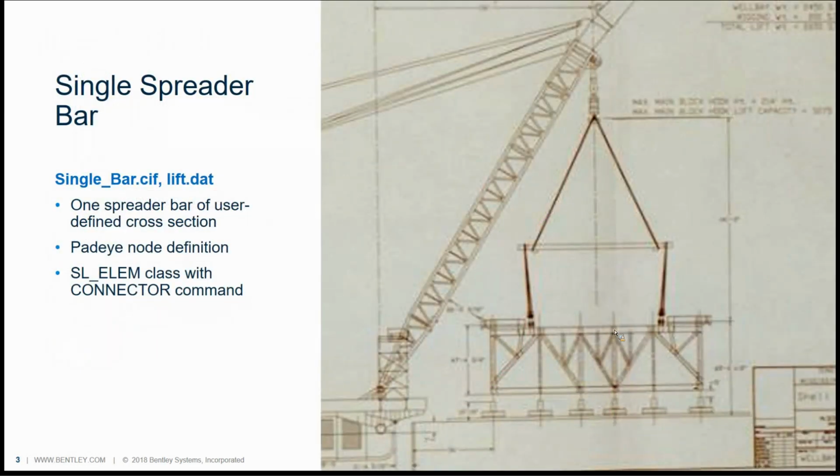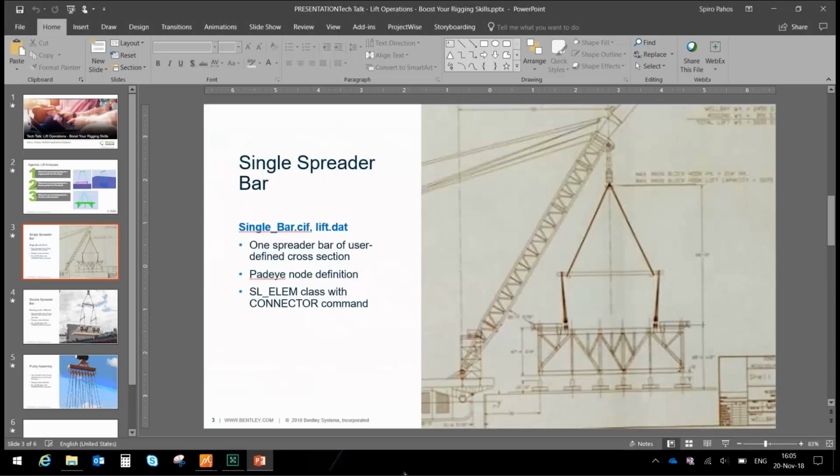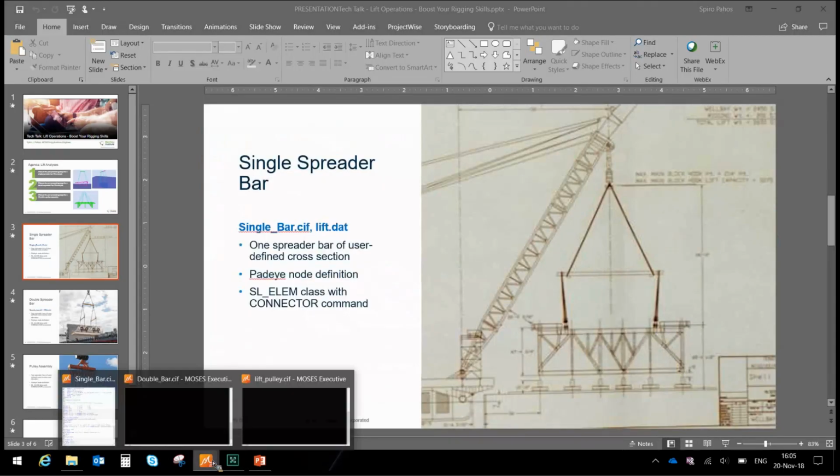Let us look at the first set of files. Each analysis will have a set of files that come with it. The single spreader bar is defined, and after we have sling elements that are created between the pad eyes and the spreader bar. The pad eyes are nodes in our model. So if we switch over to Moses Executive now, look into the model,